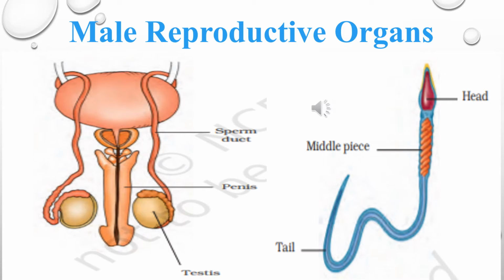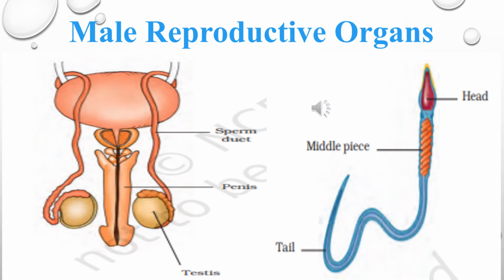Look at this picture, which shows a sperm. Those sperms are very small in size, no? Each one has a head part, a middle piece, and a tail part. Look at the human sperm I have given here. The head part is triangular in shape. It is the topmost part, and the middle part is known as the middle piece, and finally the sperm will